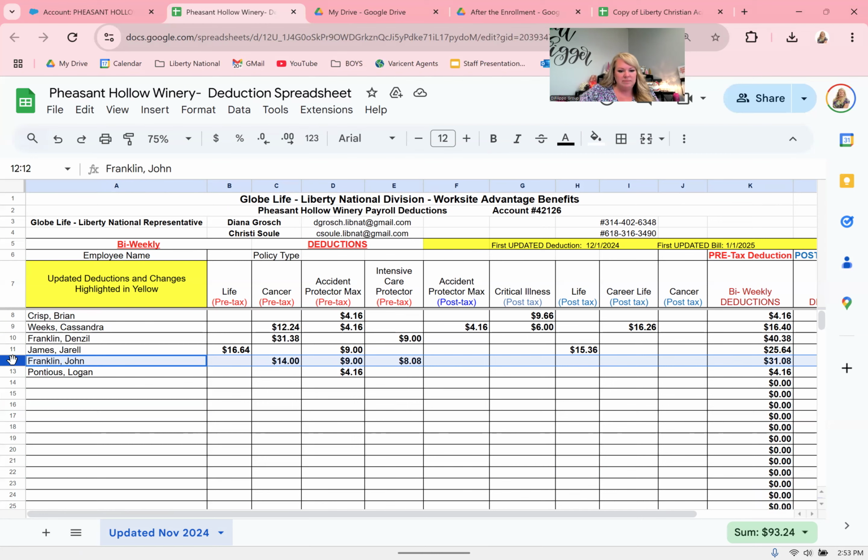that's his official name. So we have cancer plan is $14, $9 accident plan, $8.08 is the ICU. And then we have Logan, who has accident plan $4.16. So we have all of these taken care of, right? Okay. So